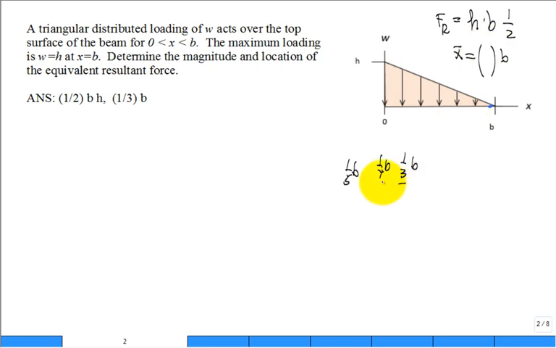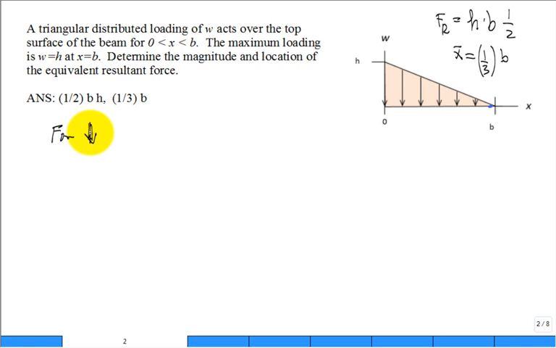Is it 1/3 of b, 1/4 of b, 1/5 of b? 1/3, exactly. Now let's find it by calculus. Let's do the math. Okay, so we go back and we say, I'm considering the net force,